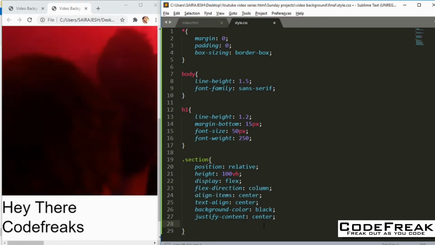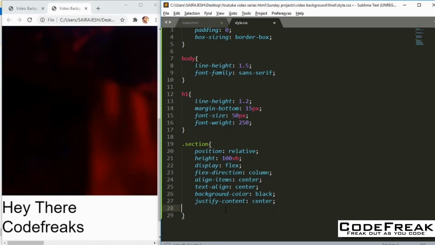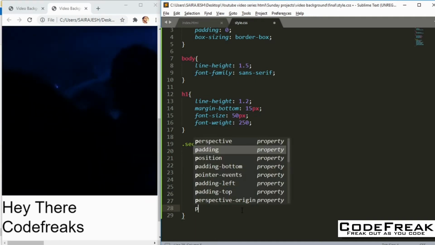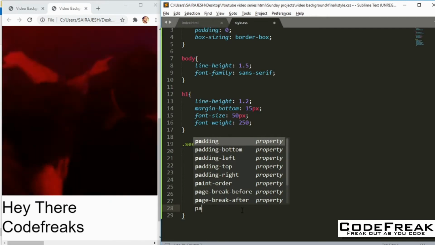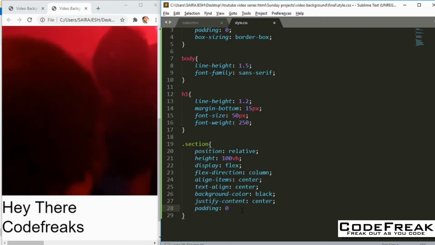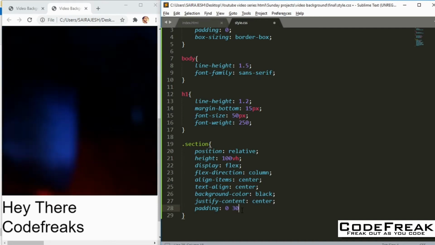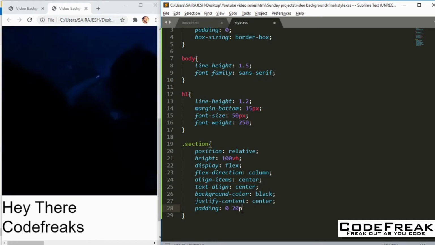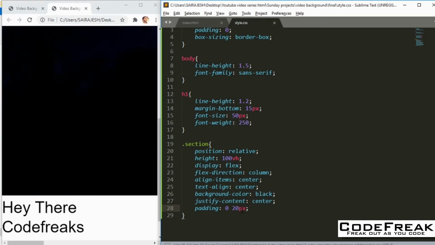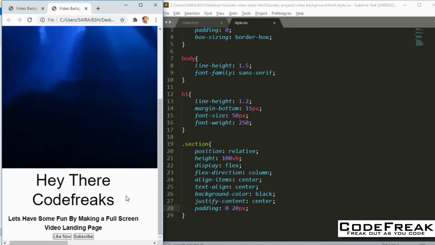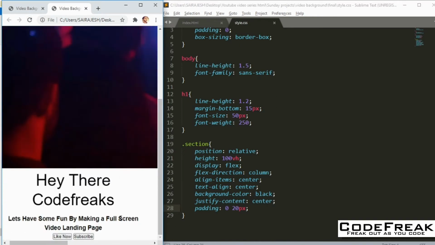So now the next, and maybe we can give in some padding also. If you want to give in some padding, you can go ahead, especially in the top and bottom part of it. No, not in the top and bottom, left, right. So 0 and maybe 30 pixels, or 20 pixels, doesn't matter. Yeah, let me give 20 pixels. So yeah, that should be good. If you refresh it now, you'll see that the whole thing is centered a bit, and you have some padding on stuff like that also.